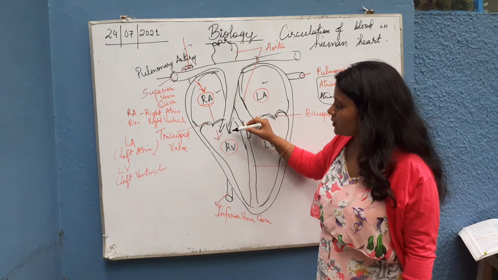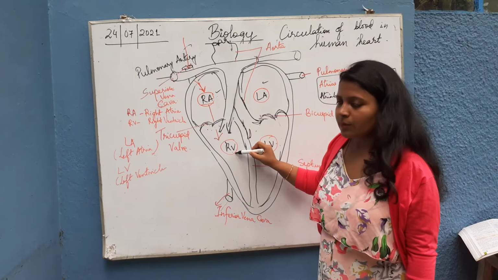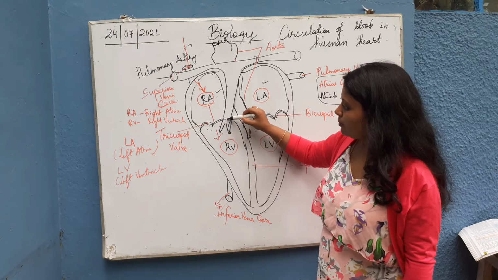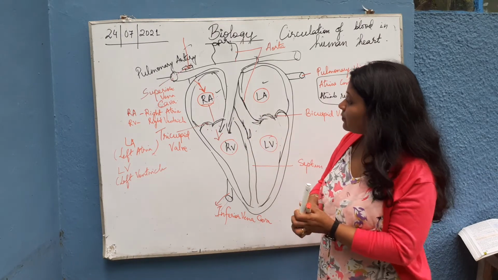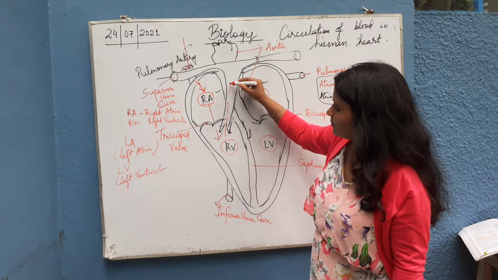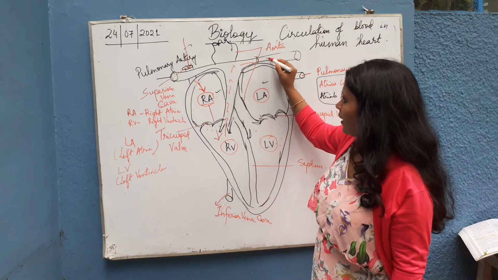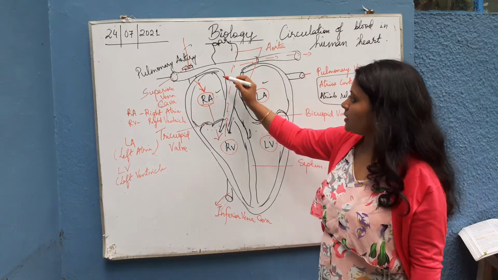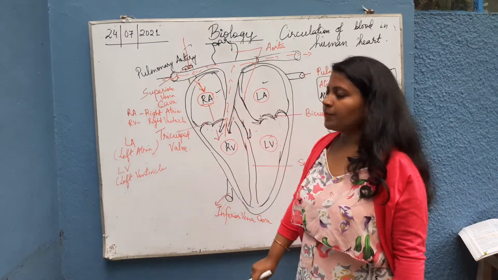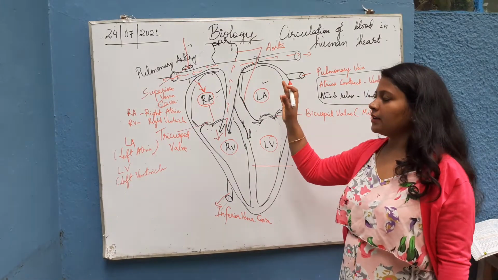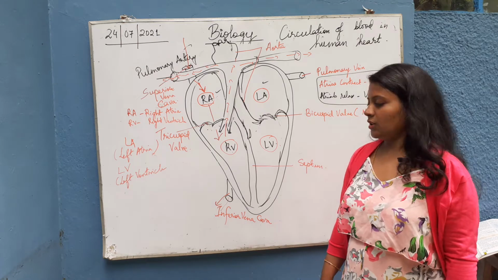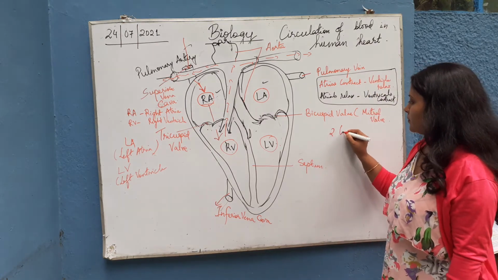So these valves, due to the pressure from the right ventricle, open up and the blood will pass from the right ventricle through the pulmonary artery and go to the left lung and right lung. So up to here we call this the pulmonary circulation. There are two types of circulation,